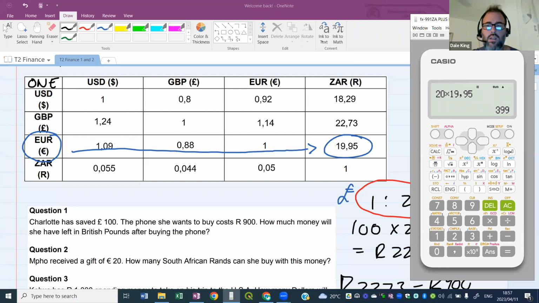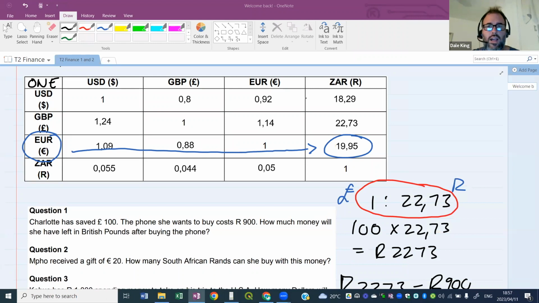Nice and easy. Okay, guys and girls, I hope you can make a little bit more sense of exchange rates now. If anything, I can say, please try and think of exchange rates as a ratio. It's easier to work with them as a ratio in table formats or any other way. Try and think of a ratio and take it from there, because you guys are pretty good at working with ratios.